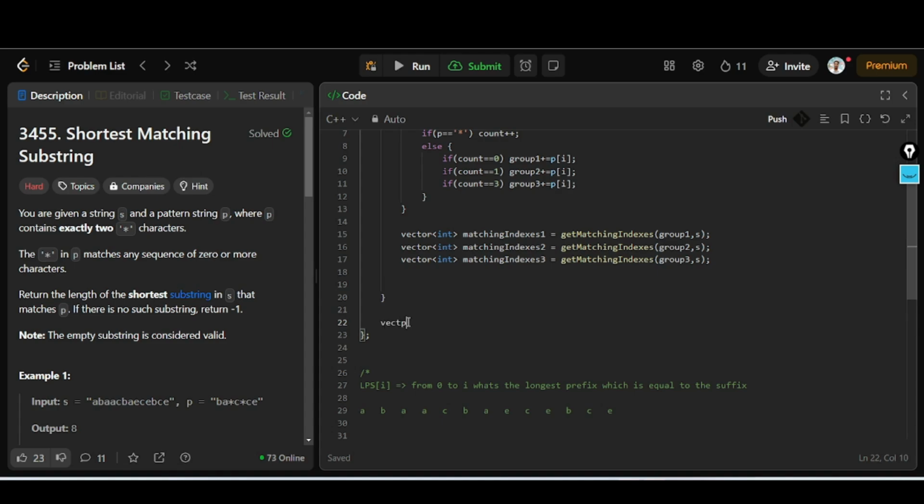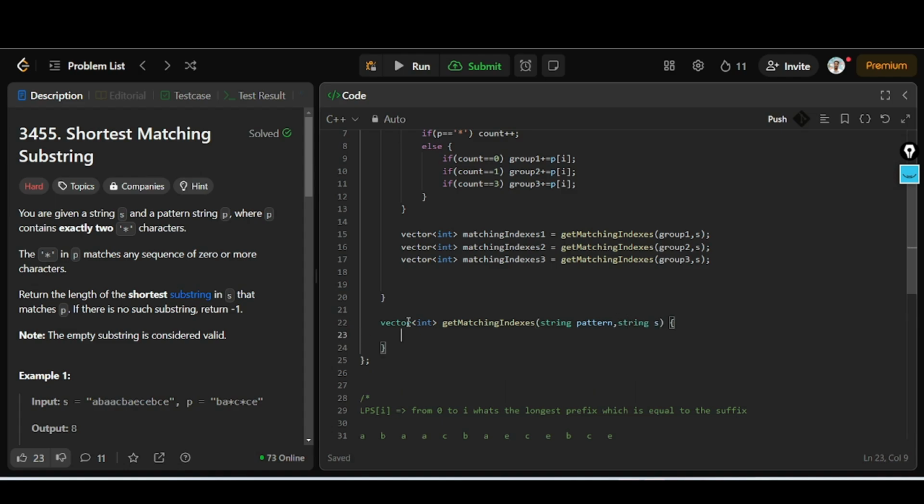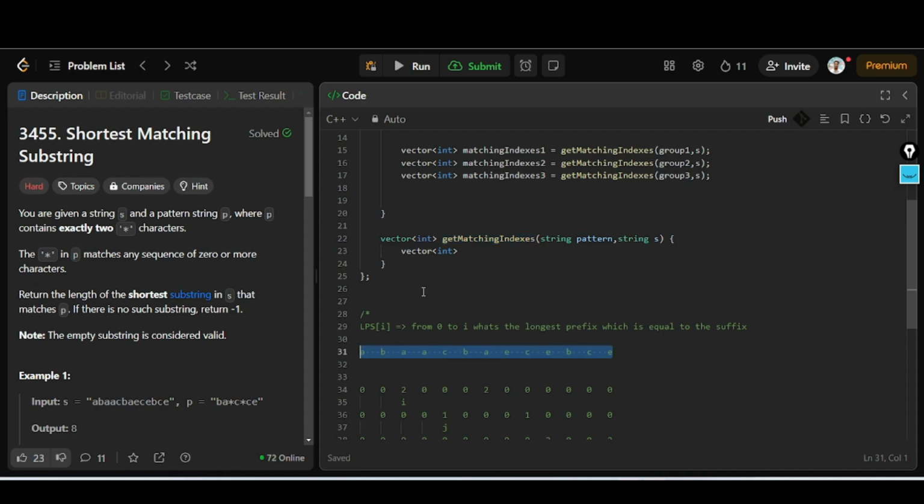So vector of int, this is going to be string pattern, string s. So let me also have a vector here. This is going to create a vector, right, of this length. So of this length, right, so that will be a length of s. So let me call it match indexes